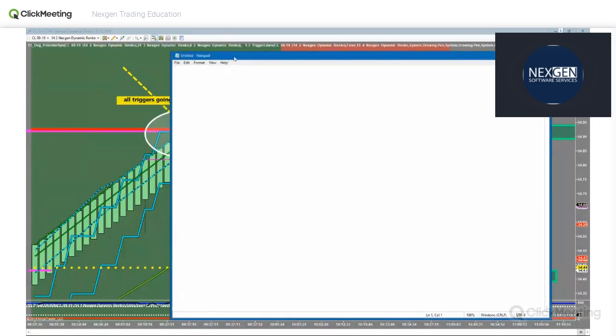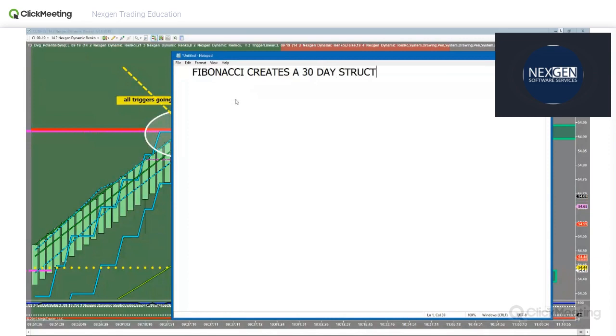All right, I'll write it out again. It never hurts. Look. Fibonacci creates a 30-day structure that measures the emotional